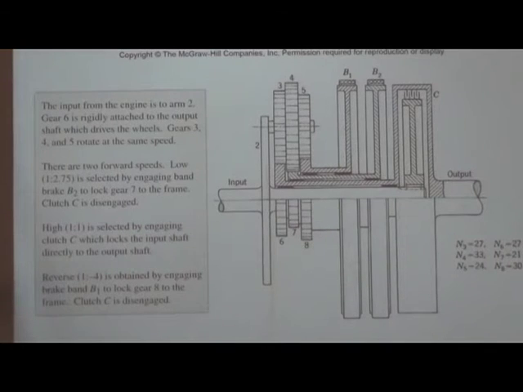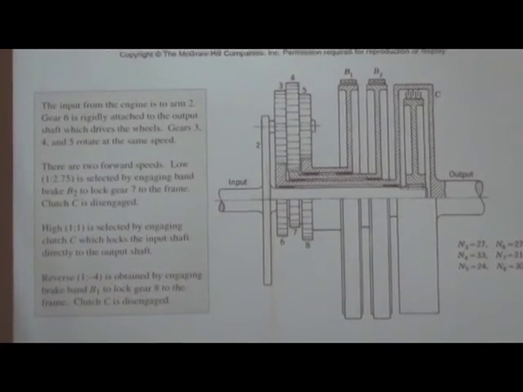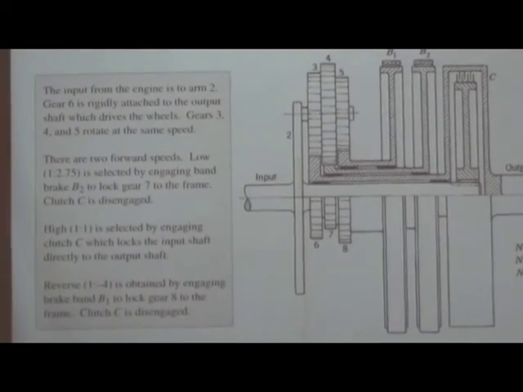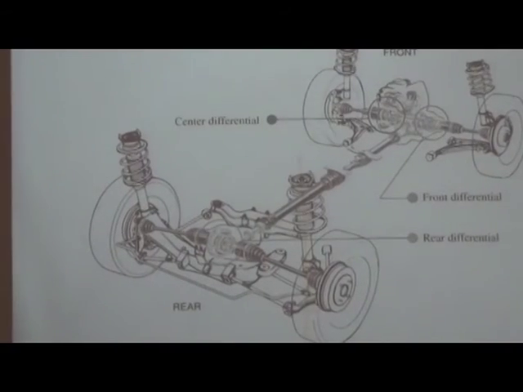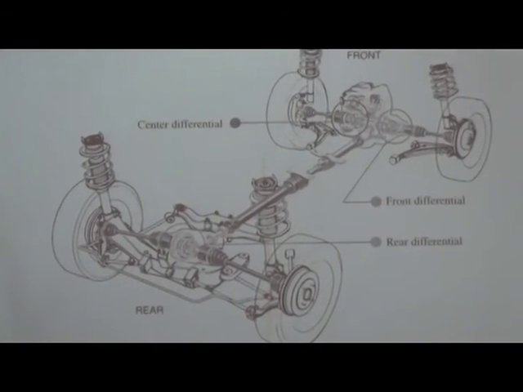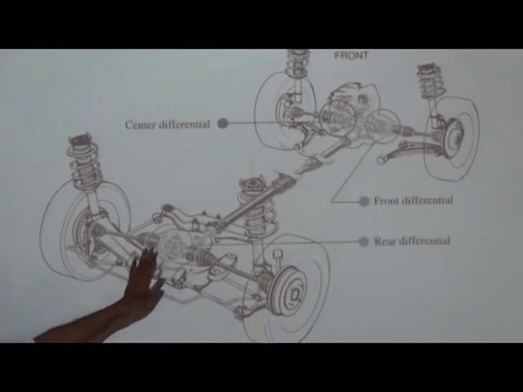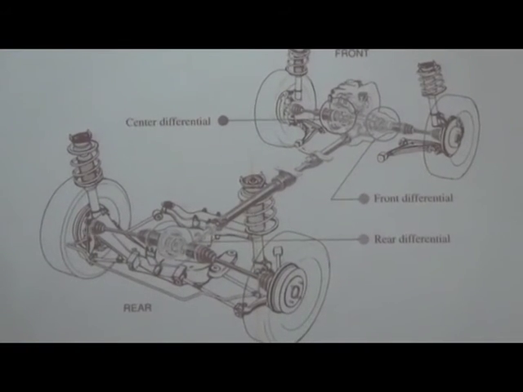Here you can see the belts B1, B2 can apply variable torque so that they can rotate at different speeds to get the output. So this is about the differential. Again, you can see the differential in action in the automobile lab.